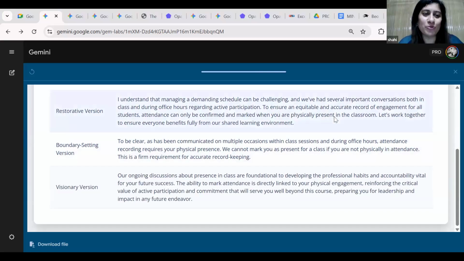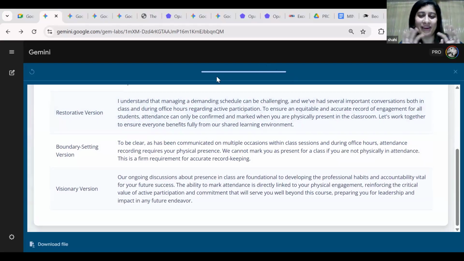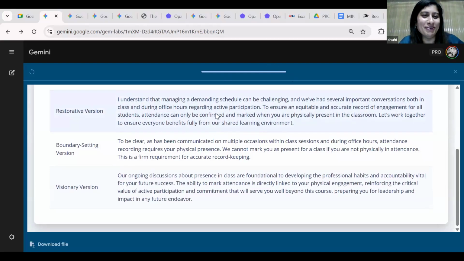Yeah, it teaches you how to be diplomatic. When I was experimenting with this app in the principal mode, I wrote, I want to fire everyone. No one is working properly. Literally, I wrote this sentence, and it gave me very nice sugar coated sentences. These three versions, so it is really good.